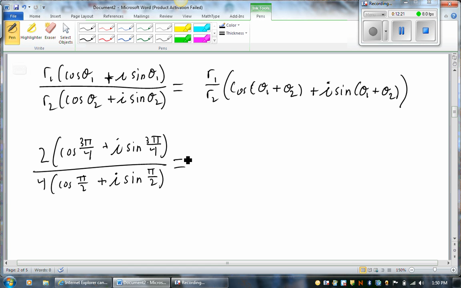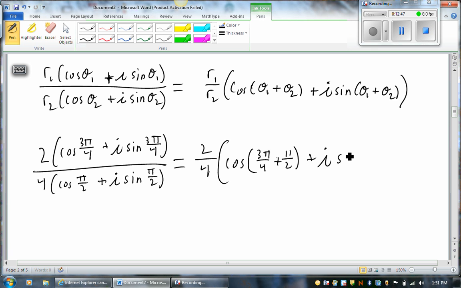So we just apply our rule. r1 over r2 is 2 over 4, cosine of 3 pi over 4 plus pi over 2, plus i sine of 3 pi over 4 plus pi over 2. Reduce, we're going to get 1/2 cosine of pi